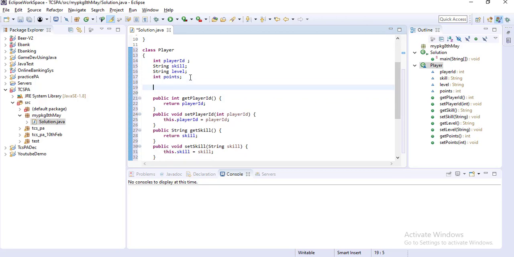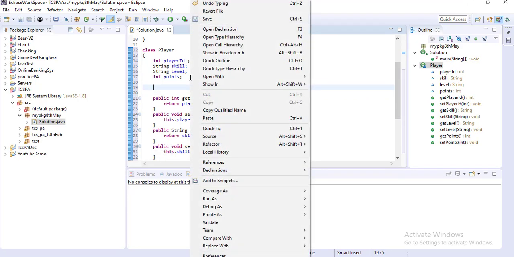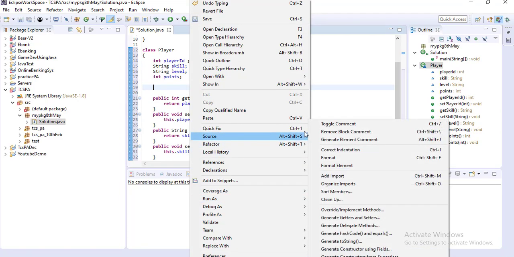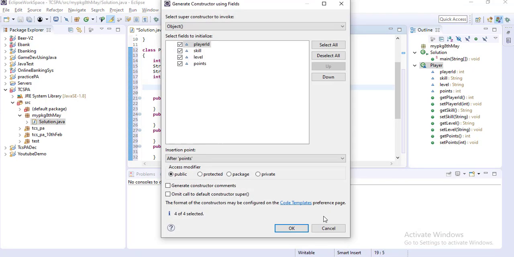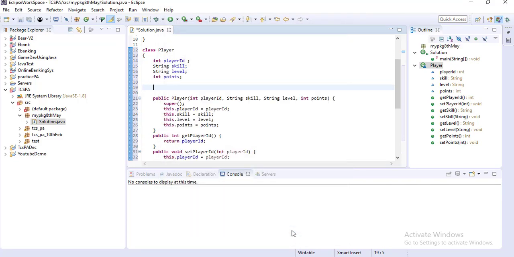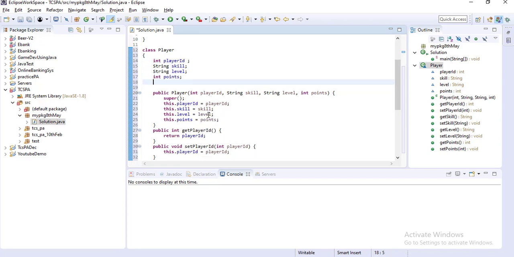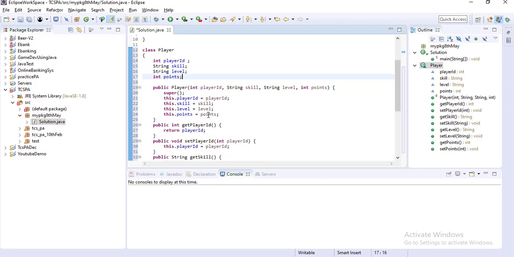Then create the parameterized constructor. Again go to Source, and here you can see Generate Constructor using Fields. Select all fields and click OK. So the constructor is also created, and this part is done.